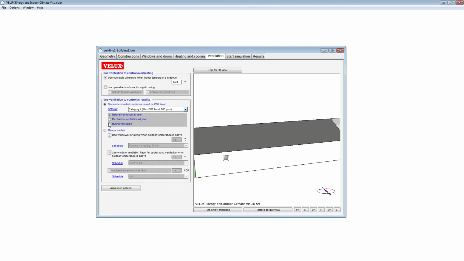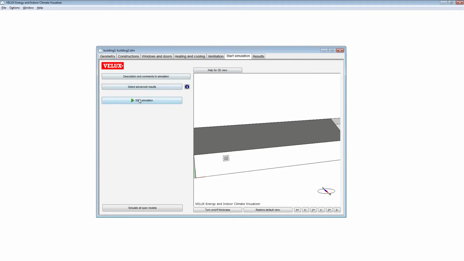Also, because we are probably designing a very energy efficient building, we will either go for mechanical ventilation or hybrid, since we need to have heat exchanging systems in our ventilation part. Otherwise our heat consumption will be too large in the winter situation. So we will usually go for the hybrid or the mechanical ventilation schedule.